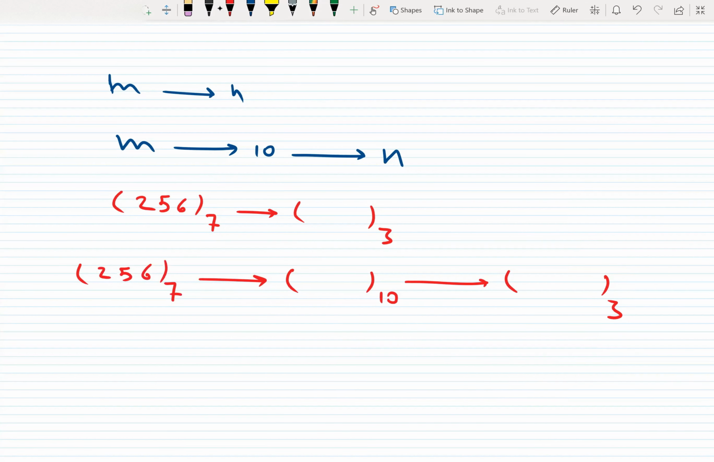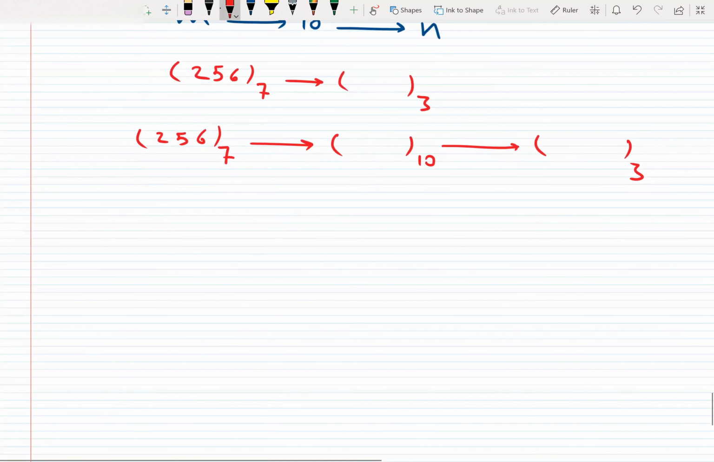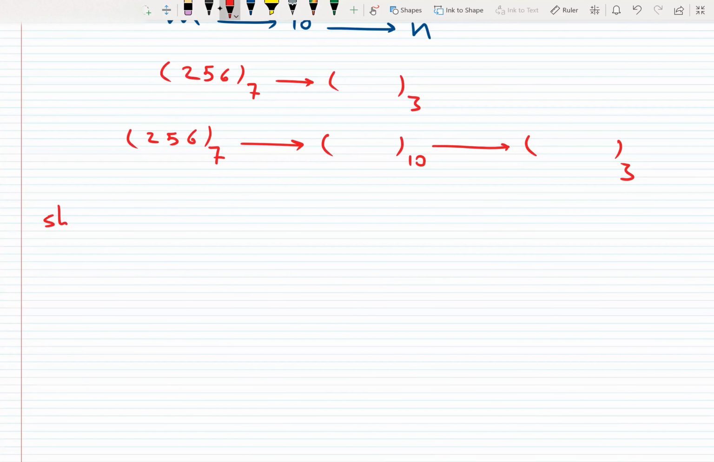numbers between two bases which are not 10. There is a shortcut for some specific bases. There should be a condition and a relationship between these two bases which allows us to convert them directly without converting them to base 10 first. Okay, so let's learn it. The shortcut method of conversion